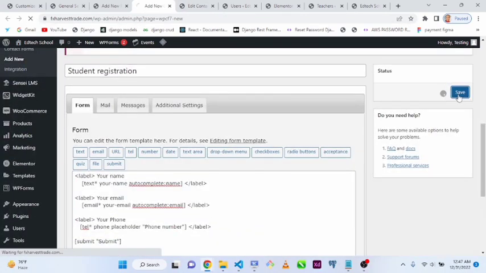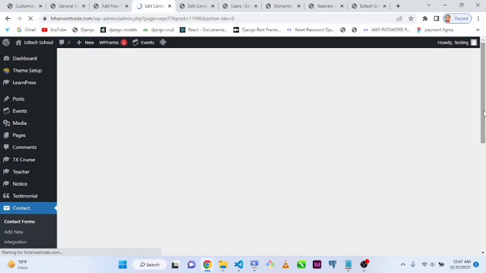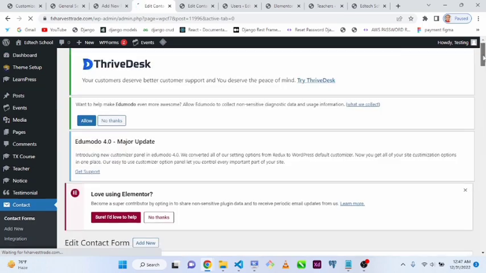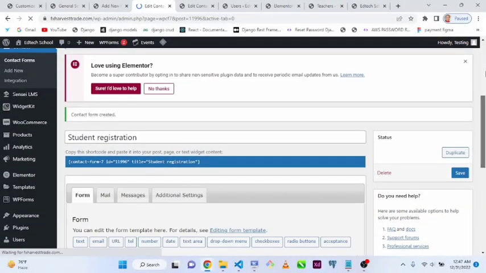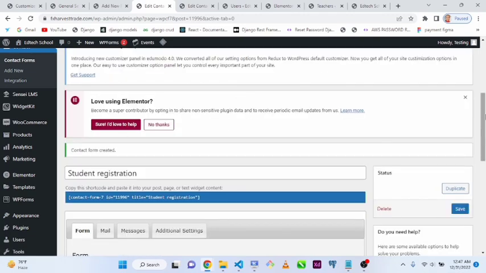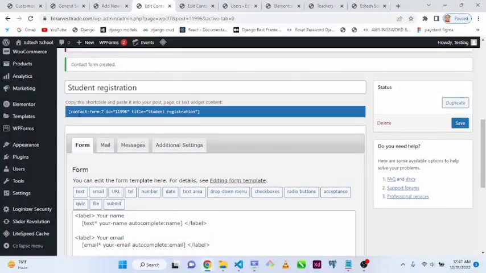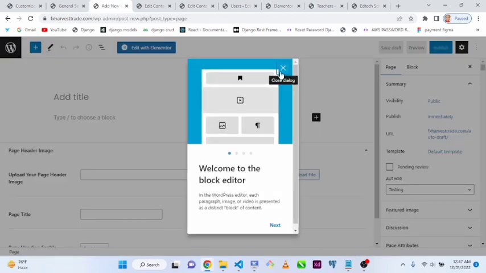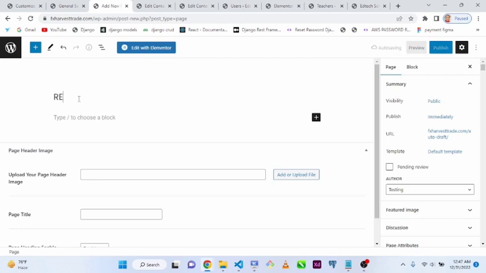Now after clicking on save, this student registration form that I just created is saved, and after it's saved, it creates a shortcode. Then I can use the shortcode on any pages that I create. So copy this shortcode and paste it on your project. I will just copy this and then go to my new page, and I will just say register